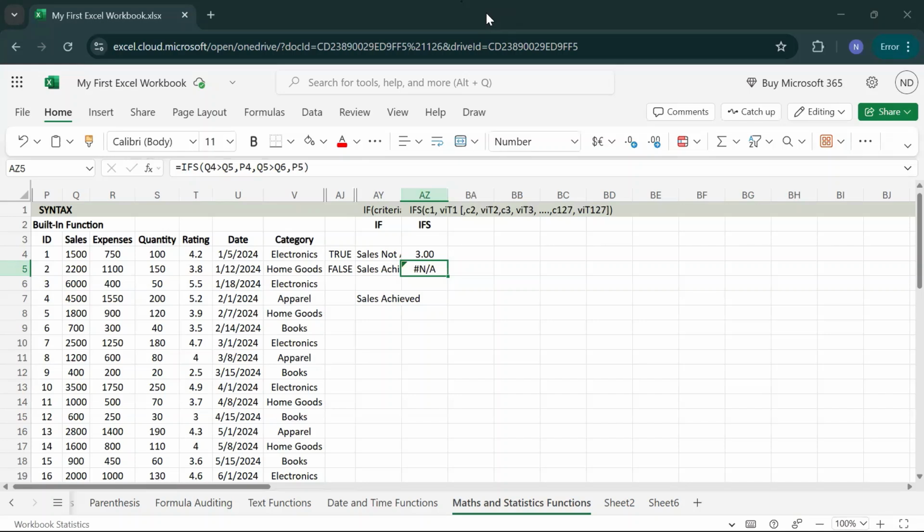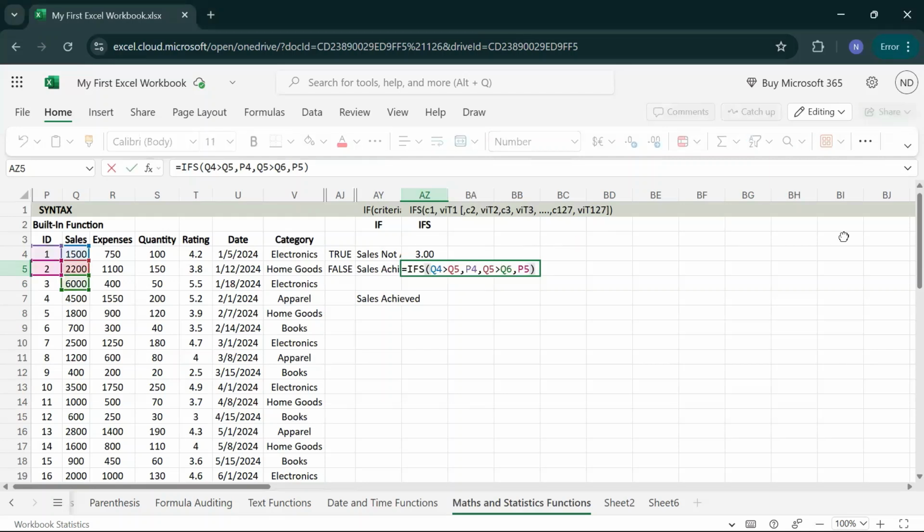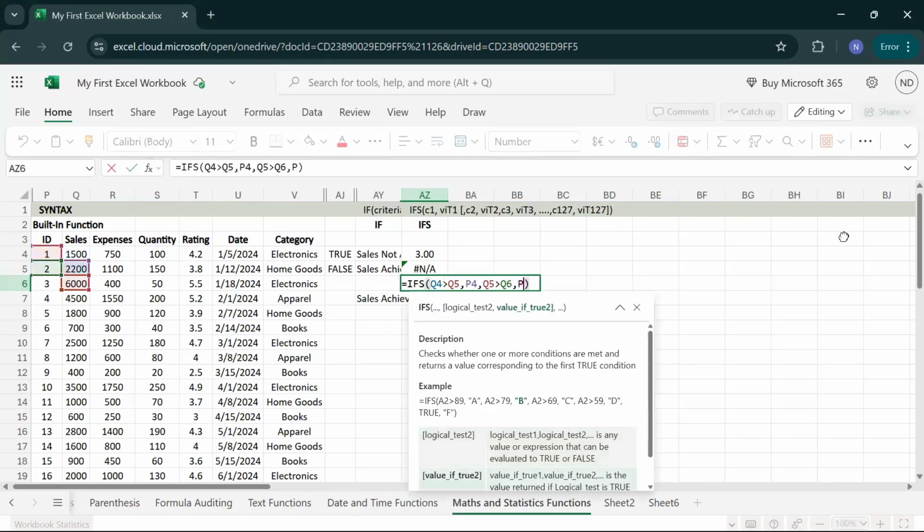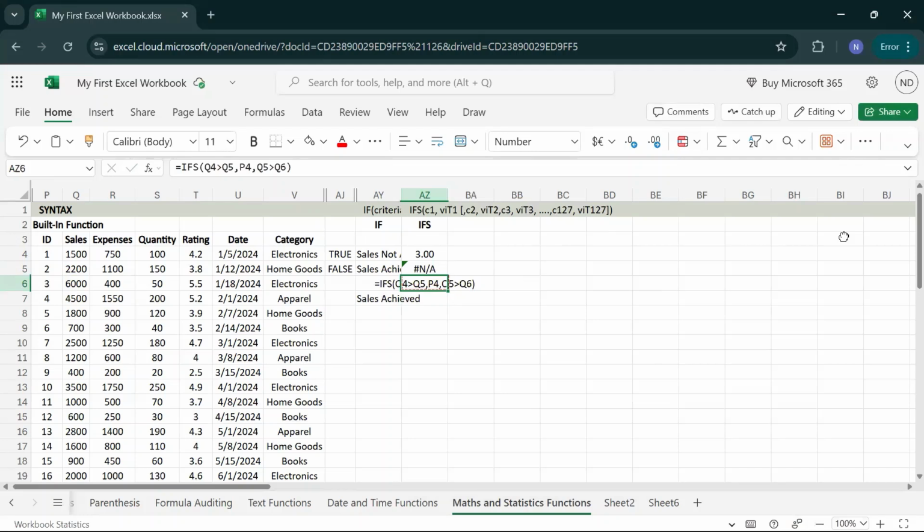So if a logical test argument is supplied without a corresponding true value, IFS shows an error message, like too few arguments. So if I do not specify, let me show you. If I do not specify the true condition, it will give you an error message. So I'm just removing the condition and I'll press enter. You'll find it is giving me an error